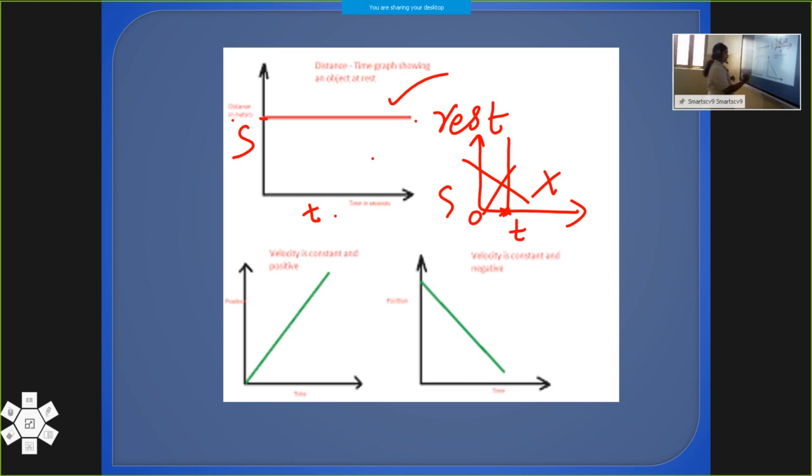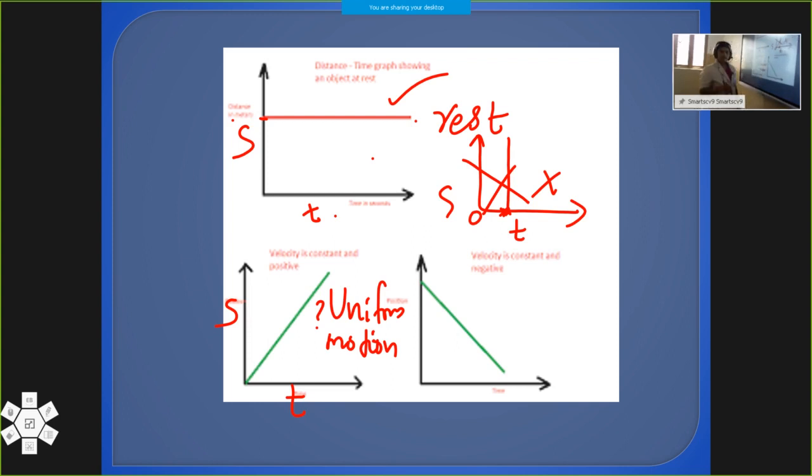Okay. Then here what you can see again, the position and time, and you can see a straight line with a slope. It is an upward moving straight line. So what is your inference then? Yes, this object is in uniform motion. Uniform motion. Agreed. Then next one, what is this?